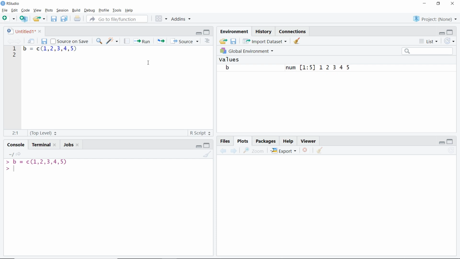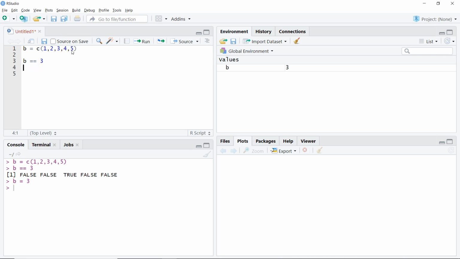Now here, if I want to check whether each of my values is equal to, let's say, 3, I'll say b double equal to 3. Now when we actually write a comparative statement, we use double equal to, because single equal to is used for stating a particular value. So if I just write b equals 3, it will give me the value b as 3. Now I do not want that. We are here to compare it.